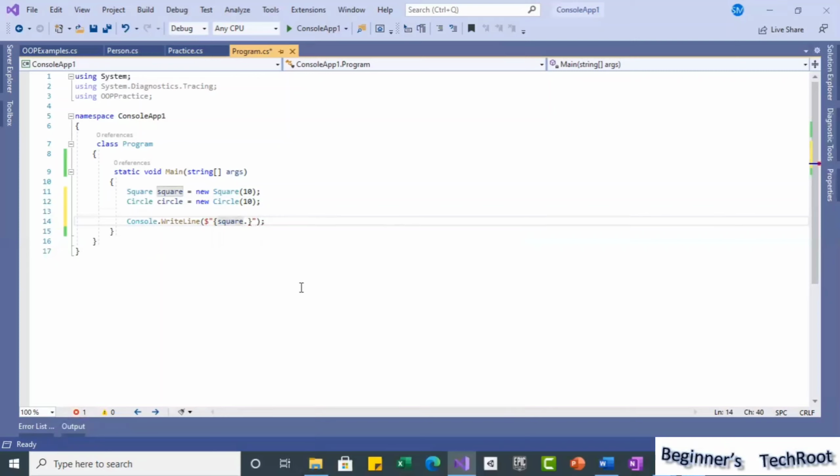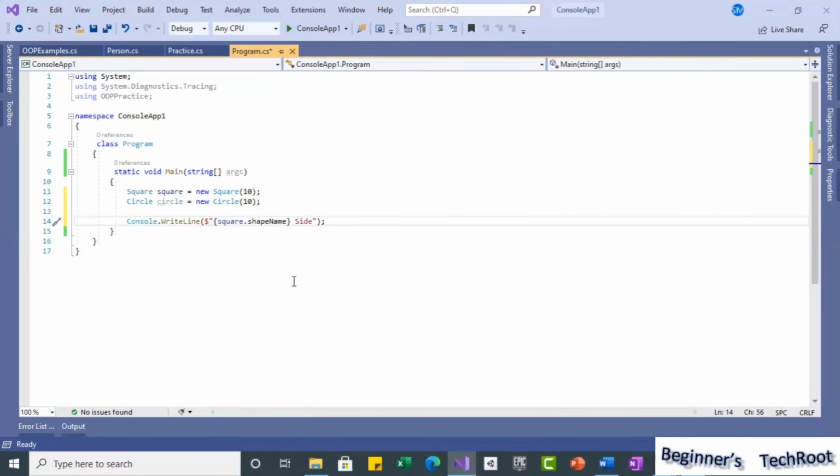Within the braces, when I type square dot, I am getting the values. For example, whatever the shape name I want to display, which shape it is, I want to display on the screen. So the shape name first, and then that shape's side.